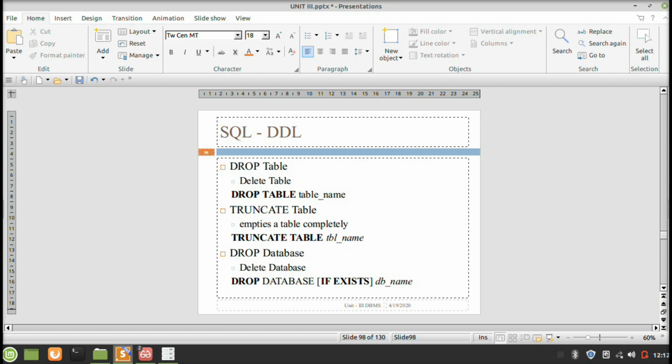The if exists will check whether the given database or table is available in the database management system. If it is available, the particular database or table will be deleted. Even with truncate, we can use the same condition, if exists. If the particular table is available, it will clear the values inside the table and empty the table entirely. Once we execute these commands, we cannot roll them back.